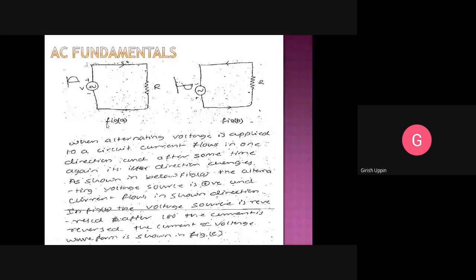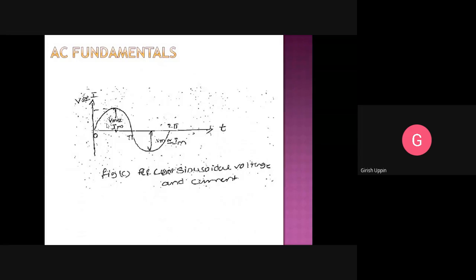So in case of alternating voltages, the voltage and the current continuously change their magnitude and they change their direction. So this is the representation of the sinusoidal voltage or the current. Both sinusoidal voltage and current are represented using the sinusoidal waveform. So this is the sinusoidal waveform. It will start from 0 and gradually increase. This peak value is constant for a given voltage, and once it reaches the peak value, again it will start reducing.